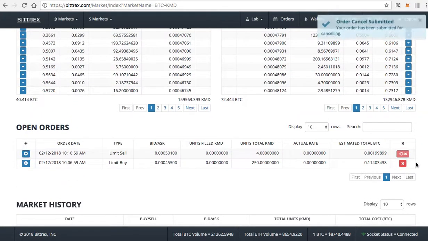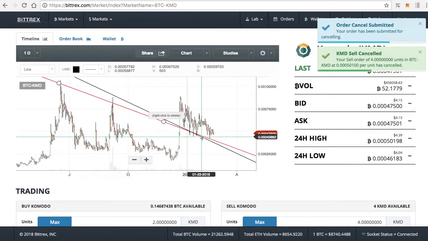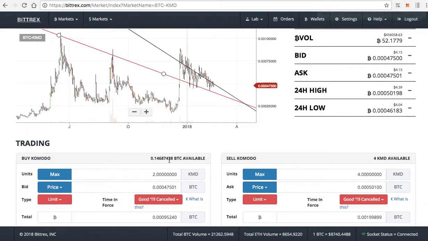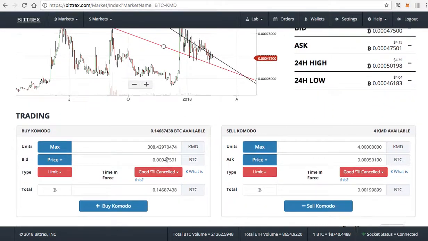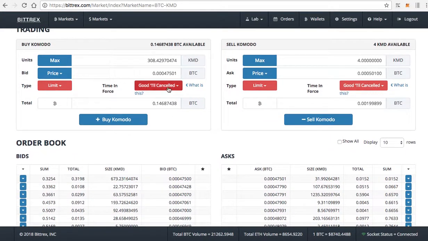I want to hold it long term. I think it's a great long-term project, and we're in the good buy zone here. So we are going to set another, I'm going to dollar cost average like I said, so I can buy 308 at 47.05, but what I want to do is I want to set this at